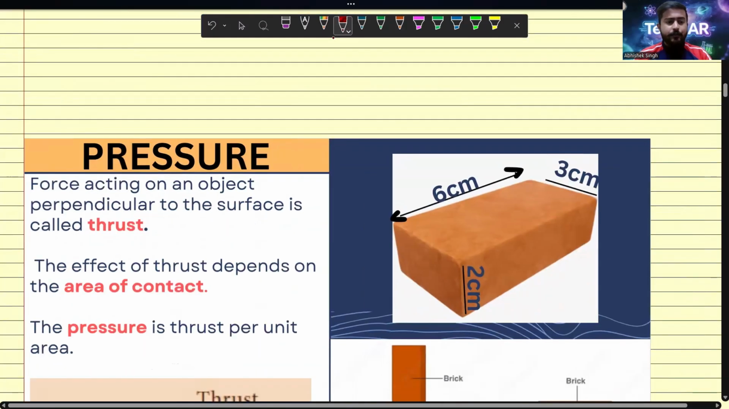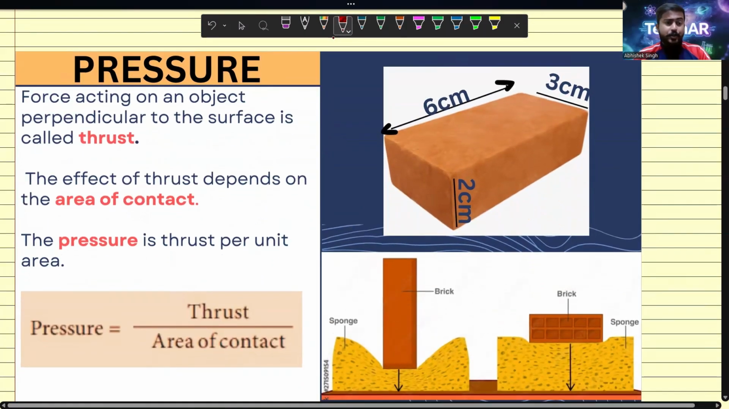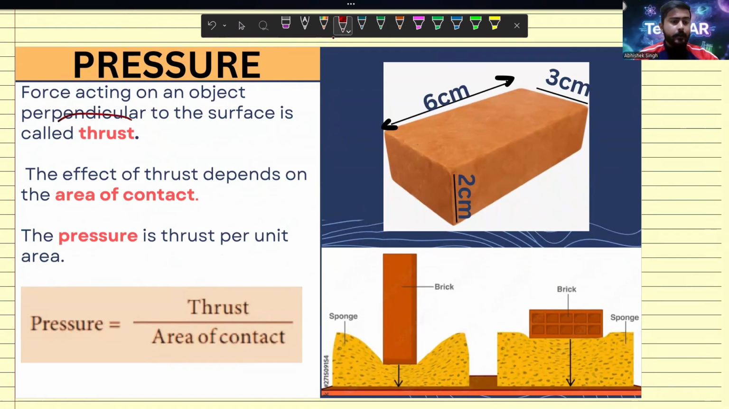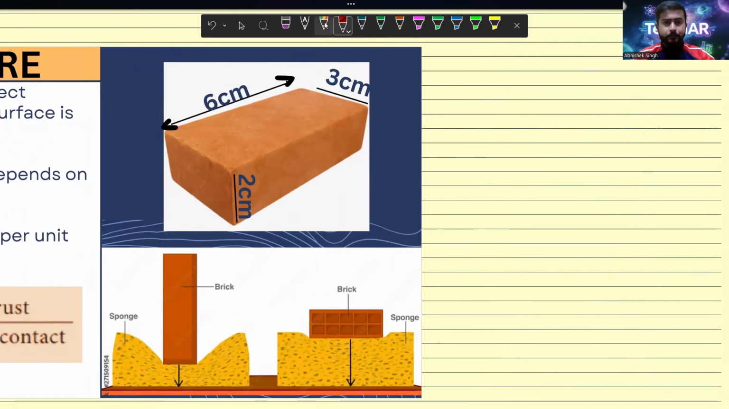Let's dive into the discussion first, and then we'll be getting into pressure. But first, we have to understand thrust. Okay, so if I read it, thrust is the force acting on an object perpendicular to the surface. Okay, and that is called thrust. Suppose there is a surface, and I am applying multiple forces on this from this direction, from this direction, from this direction. But any force which is completely perpendicular to this surface,